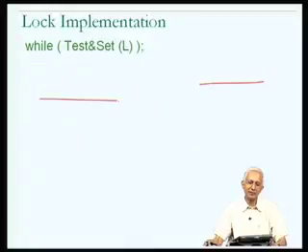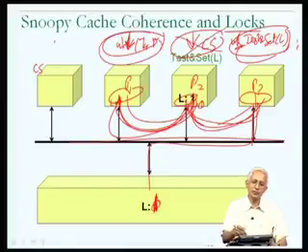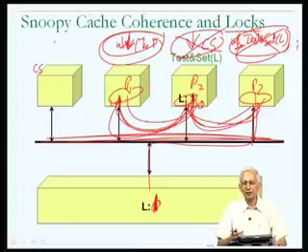And that in effect, even if I had talked about an example in which there was only one process doing test and set of L, let's assume that process P2 and process P3 were not doing test and set of L. Even if only process P1 was doing test and set of L, the effect might be as bad. The bus may be fully utilized